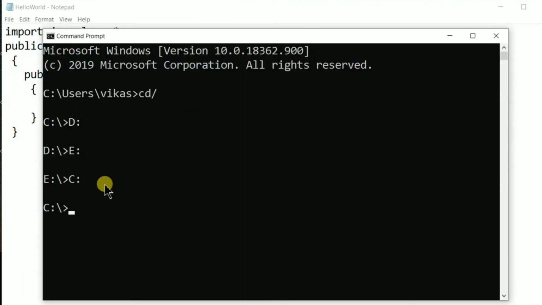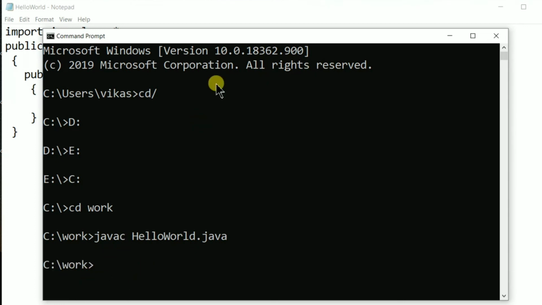Cut it. Now we have to set the path of the work folder. Write here cd work, enter. We came into the work folder. Now compile your program using javac HelloWorld. For the compilation of your program you have to write javac HelloWorld.java, enter.